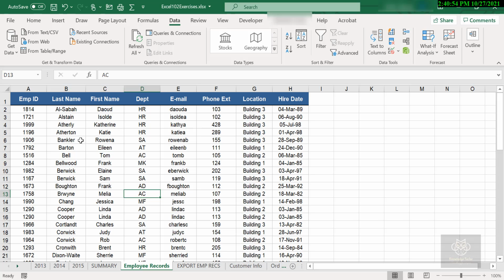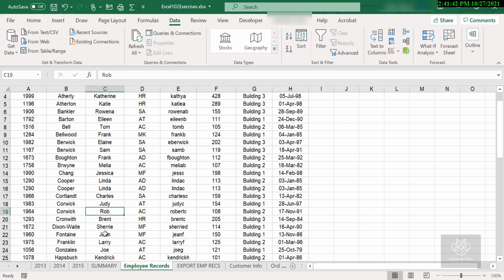Take a look. Now if I scroll through this list, it may not look like first name is sorted. It's kind of all over the place, but what's happening here is it's creating groups. Last name was sorted first, so now I have A, B, C, and so on. But anytime there is more than one employee with the same last name, like Berwick, it's a group, and within that group it's now sorting first name in the ascending order. You can see Elan and Sam, and you can see here Corvick, Judy, and Rob, J and R.